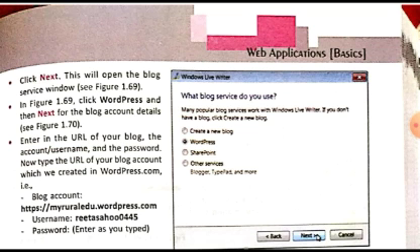Like you can create a new blog, or you can choose WordPress, or SharePoint, or any other service like Blogger or Typepad. Whatever service you choose from here, your blog will be configured according to that service only.